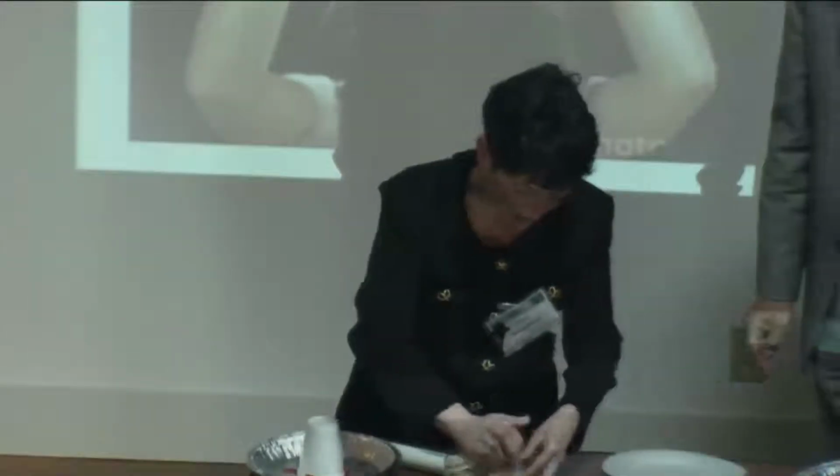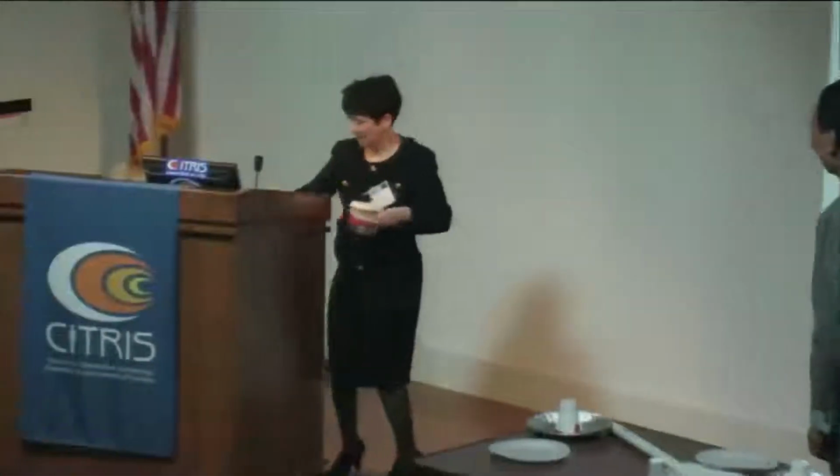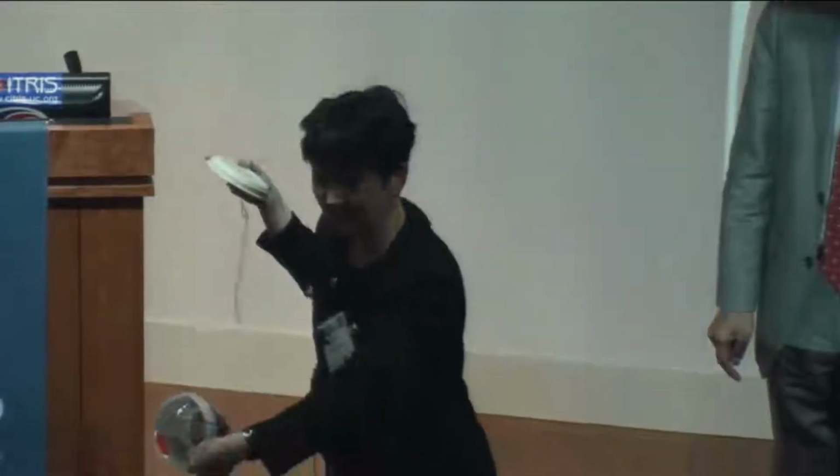So let me show you what I have here. I have a capacitor, also known as a Leyden jar. Okay, so we have aluminum foil. We have plastic, an insulator. I have foil inside too. I've got an electrode here, which is through a paper clip chain going to make contact with the inside terminal of